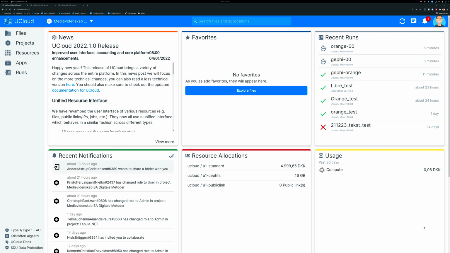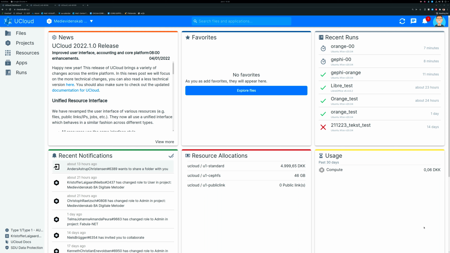I'm going to show you how you can use UCloud to run software that cannot run in a headless environment and is not provided by our App Store. Specifically, I'm going to exemplify with Gephi and Orange Data Mining. They are quite different software, but both of them need a desktop environment to run. Now I'm going to assume two things: that you have access to UCloud and understand the basic functionality, and that you can find Center for Humanities Computing's